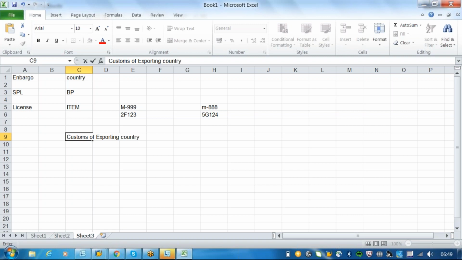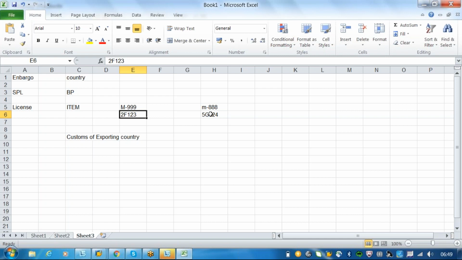So who will be giving this number? This will be given by the exporting country's customs. For the US it will be 5 characters, for Germany it will be 10 characters, and for Japan it's 11 characters. Like that, there are some special characters each and every country should follow, but they will be provided by your customs departments. This will be predefined country to country already in the system, or will it change and keep on changing?